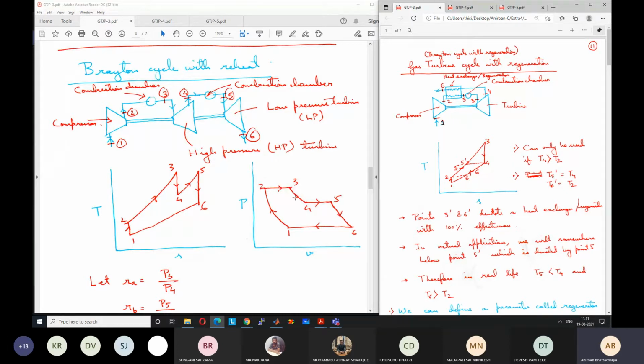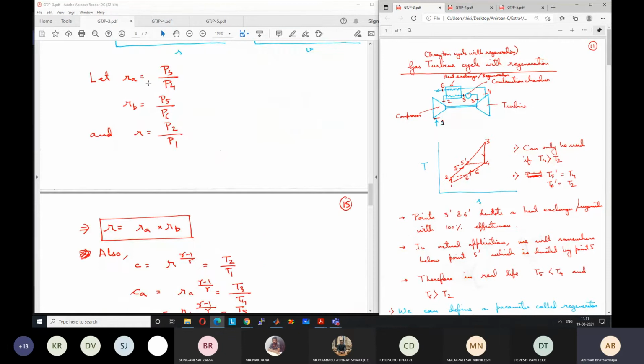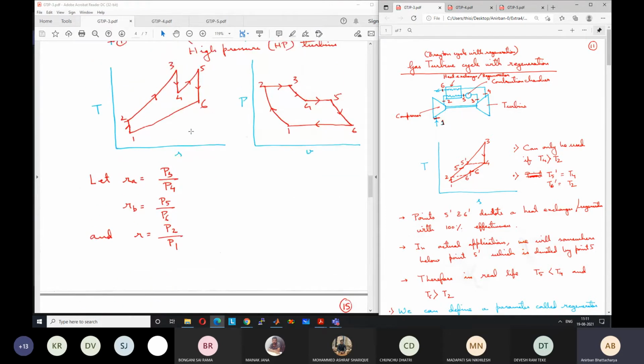Then 3 to 4 is isentropic expansion. Volume will increase, pressure will decrease. 4 to 5 constant pressure heat addition, and 5 to 6 is again isentropic expansion. And we have also discussed these things. Again, I am just revising because we need to continue discussion from here. So we can assume that,